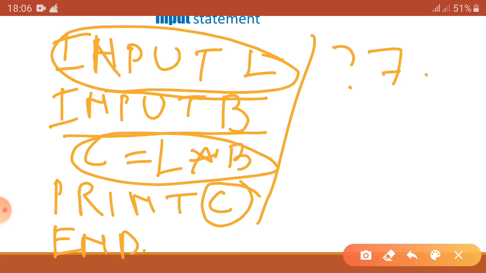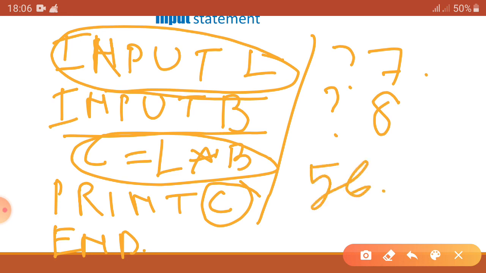Press enter, then again a question mark will be displayed on the screen, that means you have to put another value, the value for the variable B. So I am putting the value 8, and then pressing the enter key. If you press the enter key, then you will get the result. Here the result is 56.